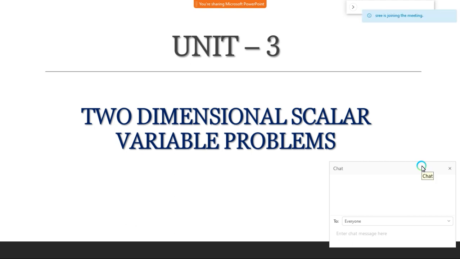They are going to ask only very few theory questions. First of all, maybe a formula they are going to ask. In the very first case, they are going to ask what is meant by two-dimensional element. This is one of the important questions in Unit 3. So what is a two-dimensional element?